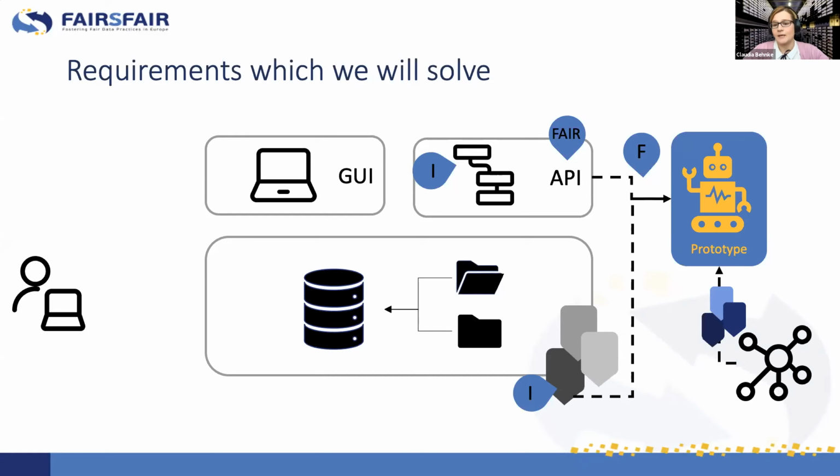Then there was the requirement to reuse and implement community standards and ontologies from public registries. And this is something that our prototype is, in a sense, trying to tackle together with task 2.2. So there is, as Jessica mentioned, a task in this work package which is working on ontologies, and we are very strongly collaborating to make it possible that the ontologies themselves can also be exposed in a FAIR way. And with this exposure, we can enhance the metadata that is gathered by the prototype, and make it also more FAIR.